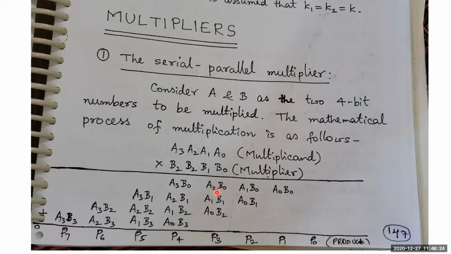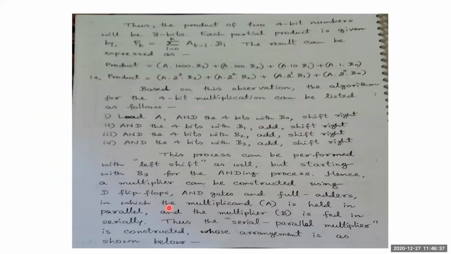Every time the value is going to change: a2 b0, a1 b1, a2 b2, a1 b3. It depends on that particular notation, and I have given that notation in terms of this equation. The summation over i goes from 0 to k, and the product of a and b will be in this fashion, a k minus 1 and b i. The same thing we have written in the equation part over here.